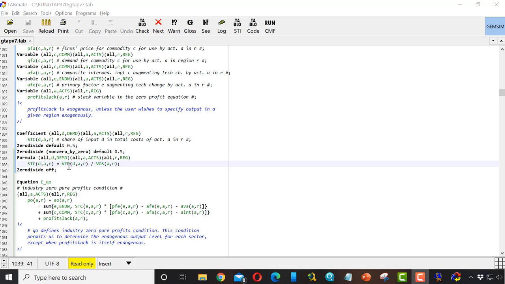Okay, so what we want to do now is dig further. We found STC. It has these two data pieces, VFP and VOS. Now, I don't know what those are, but I know I'm in the place where I can find that out. I'm under the impression that this is going to be something like the value of a factor of production. It is indexed over the derived demands by activity by sector, and this is only by sector, and I know it's got to be a share, so this must be the value of output, maybe at supplier prices or something like that. So, but what we would do, or what we might think of doing, is searching for VFP, but